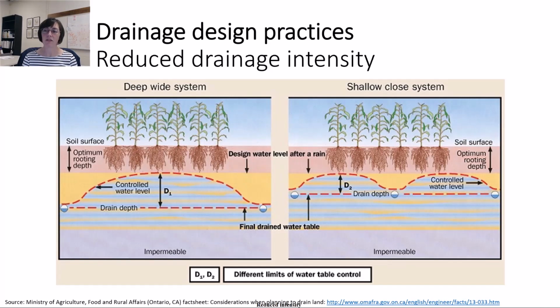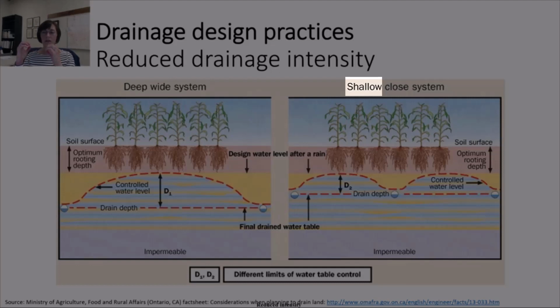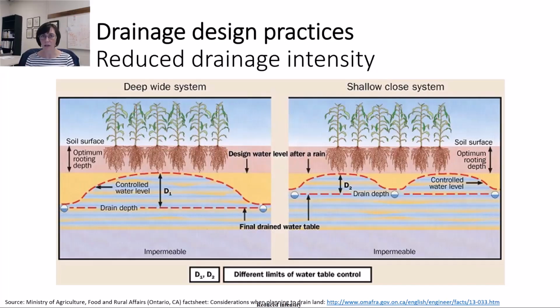Because you need to balance drain depth, spacing, and grade to achieve a given drainage rate, placing the pipes shallower in the soil or closer to the soil surface means that you also need to make them closer together to achieve the same drainage rate. So this relates to the agronomic goals. We still want to make sure to provide good drainage for crop growth and trafficability, but in this case we also want to think more about improving water quality too.